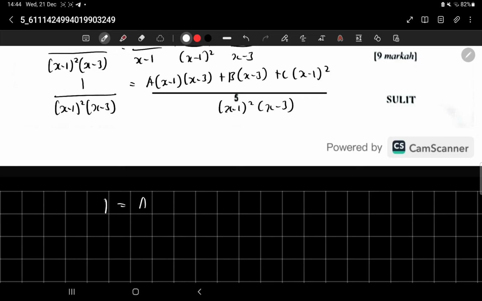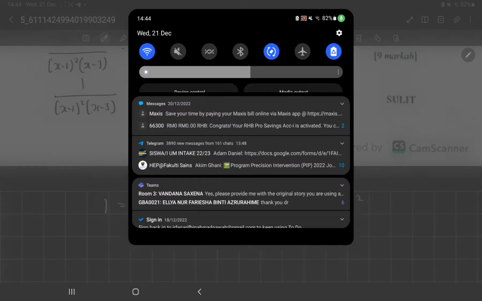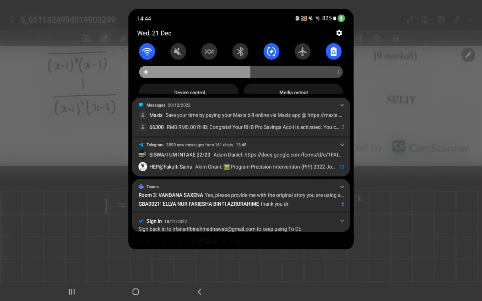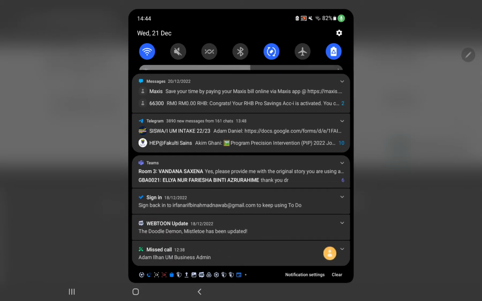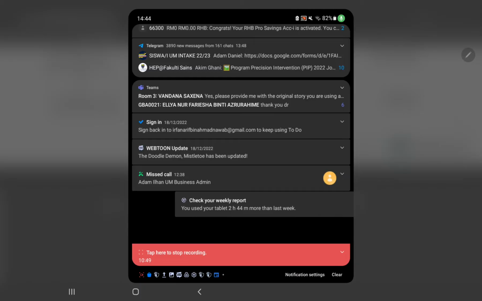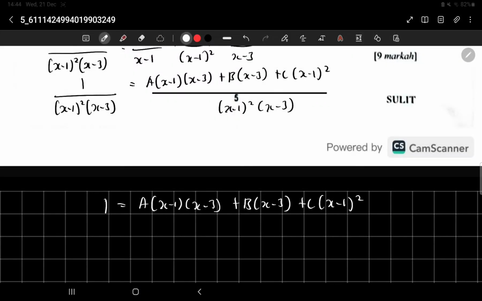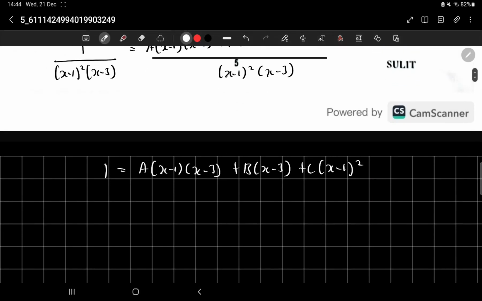By 1 is equal to a times x minus 1, x minus 3, plus b times x minus 3, plus c times x minus 1 squared. So there are a few ways, whether you want to compare the coefficients or do something else. Wait, give me a few seconds to make sure there's no personal information exposed like last time I did. Okay, so from here,